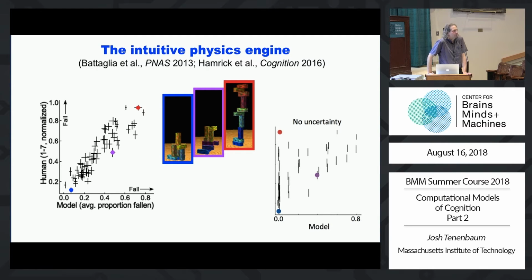Actually, one of the first experiments we did came out very nicely, so it encouraged us to do a lot of others. Most of them look much like this. So I'll show you a few other examples. But I also want to contrast it with this plot over here, which is the same data from humans on the y-axis, but a different version of the model.